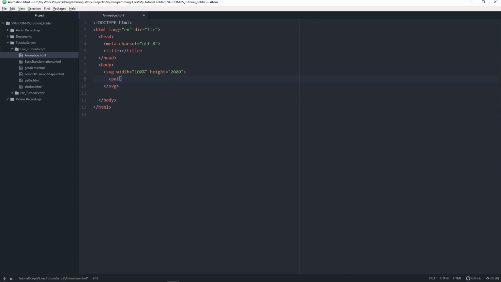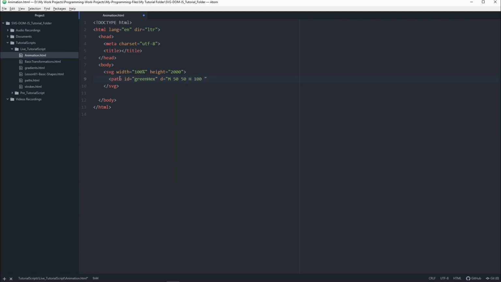So I'm going to create a path. I'm just going to give it some value. I'm going to name it green hex because it's going to be a green hexagonal shape. So the path will be, say, M 50 50,